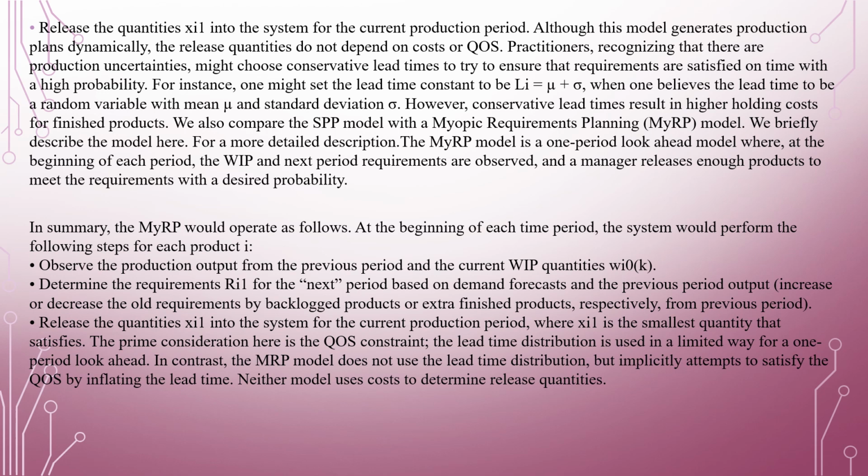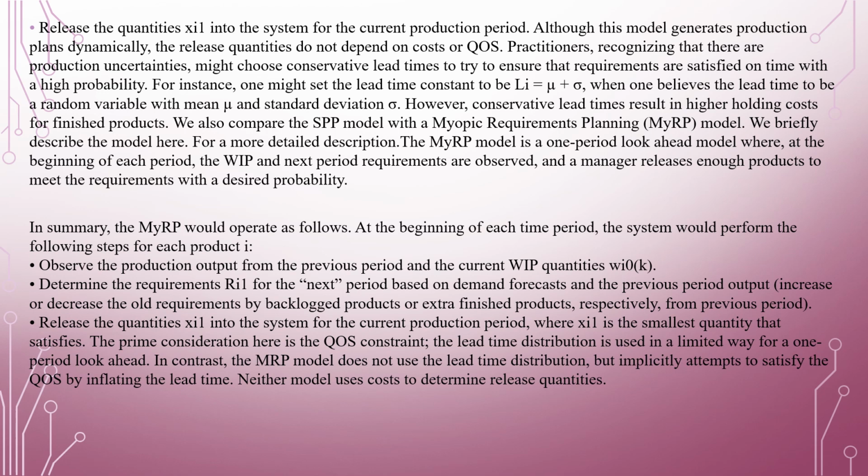At the beginning of each time period, the system would perform the following steps for each product i. First, observe the production output from the previous period and the current WIP quantities W_i,k. Determine the requirements R_i,1 for the next period based on demand forecasts and the previous period output. That is, increase or decrease the old requirements by backlog products or extra finished products respectively from the previous period. Release the quantities X_i,1 into the system for the current production period, where X_i,1 is the smallest quantity that satisfies